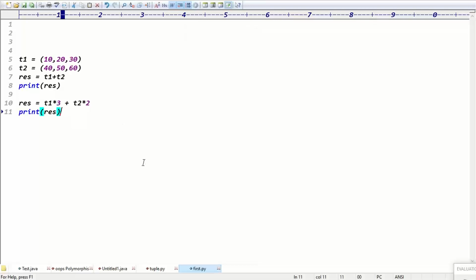Guys, does a tuple support the append operation? Appending the data, inserting the data. Does a tuple support these operations? No, sir. Guys, tuple does not support the append operation, insertion operation, replace operation, remove operation. Why, guys? What is the reason? Because tuple is immutable, right? Tuple is immutable means these operations are definitely not supported, right?